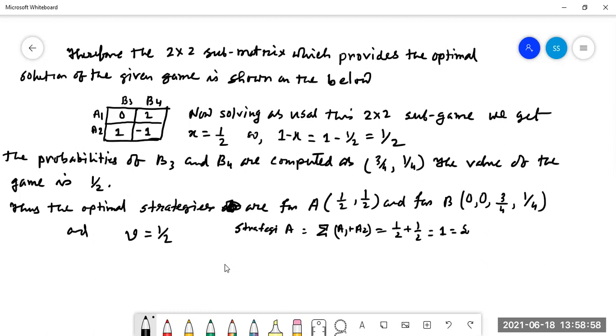That is the summation of probability. We know that the summation of all probability is obviously 1,